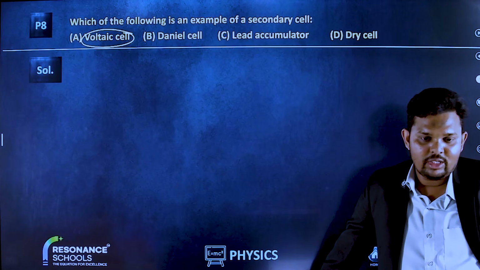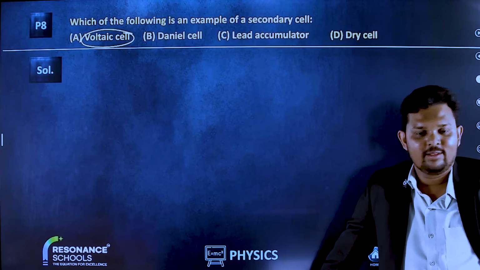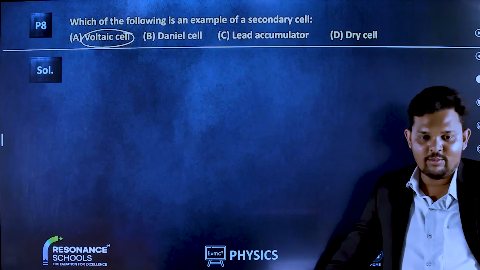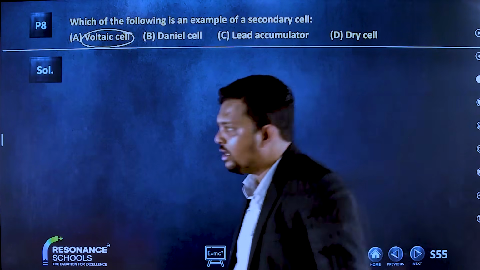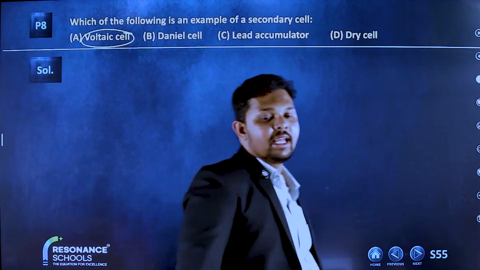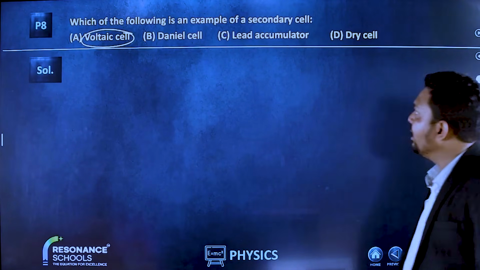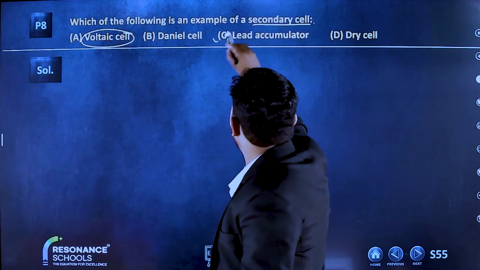Unable to catch your messages, and I can see your excitement. I'm very happy that you are ready and giving the answer. That's very, very good. Okay, voltaic cell, Daniel cell, and dry cells are examples of primary cell, and therefore